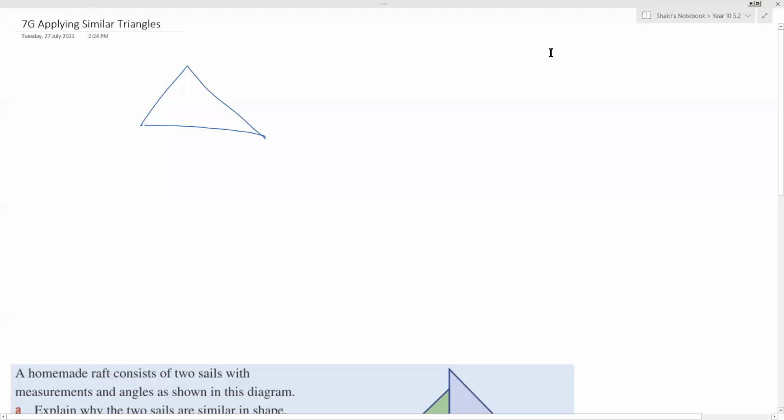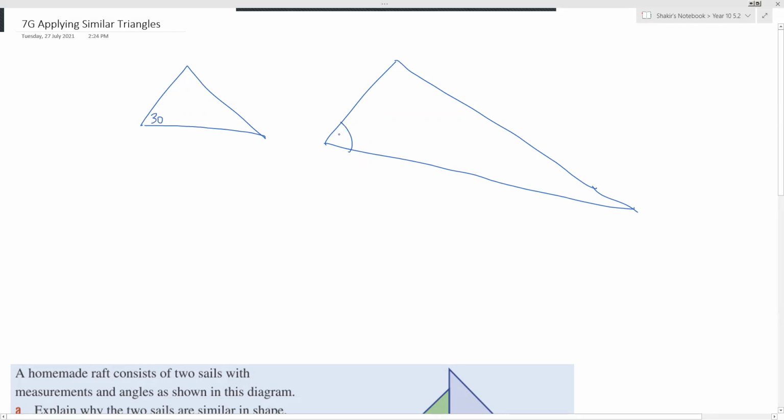So one of them is a bigger or smaller version of the other. So in this, for example, we might have something like this. And obviously I'm doing it by hand, so it might not be 100% perfect, but you get the idea. Now, in the similar triangles, the angles are the same. Corresponding angles are equal. So for example, if I said that's 30 and the corresponding angle to that is this one, then this will also be 30. And if that was, let's say, 80, then that would also be 80, as long as that was the corresponding angle. By corresponding angle, I mean